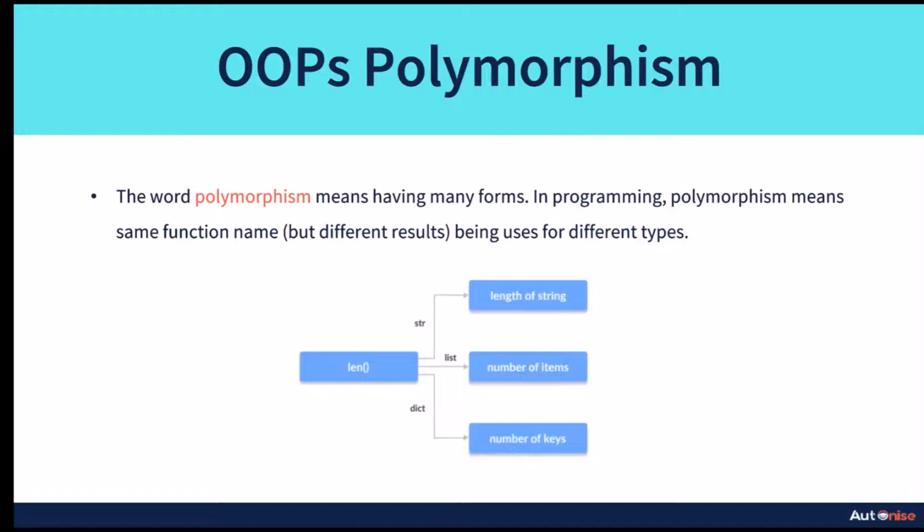Next, we have polymorphism theory. What is polymorphism? The word polymorphism means having many forms. In programming, polymorphism means same function name but different result. For example, let's say when you want to add